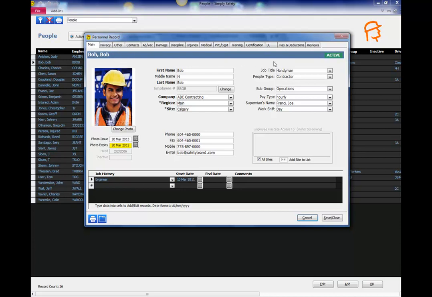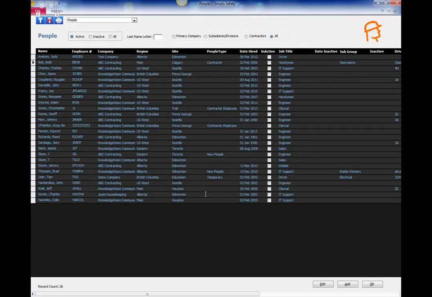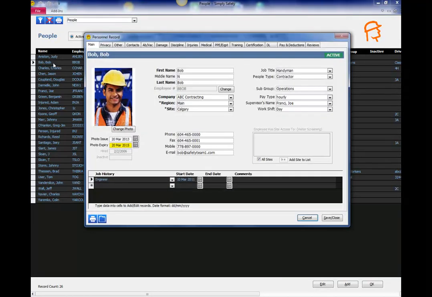Now there's a lot of tabs and a lot of features in here, but not all of these things are very important. Some of them are important, some of them are not. So I'm going to double click now on my test employee Bob to open up his personal record, and we'll go through the people module tab by tab, looking at what's really important and what are the most important things that you would probably use. Okay, let's start on the main tab, which is the default tab, and work from the